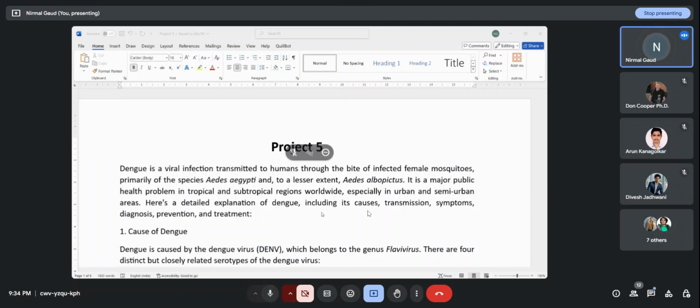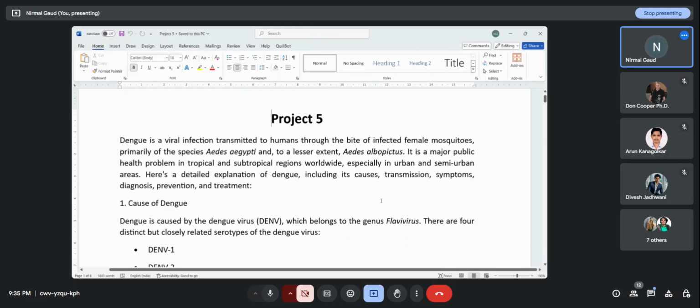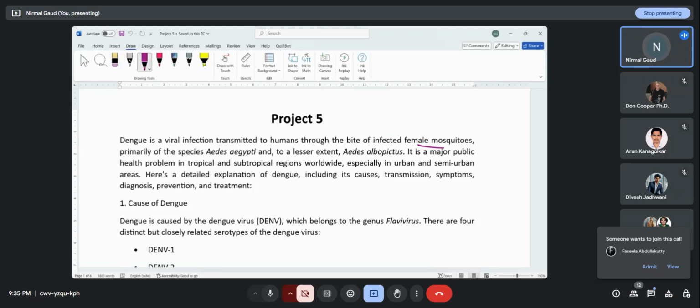All right. So we all are here for our project number 5, and I am picking dengue case prediction. Again, it's related to healthcare. It's a healthcare project, and I want to introduce this term dengue, which is a viral infection in humans that's transmitted to humans through the bite of infected female mosquitoes.